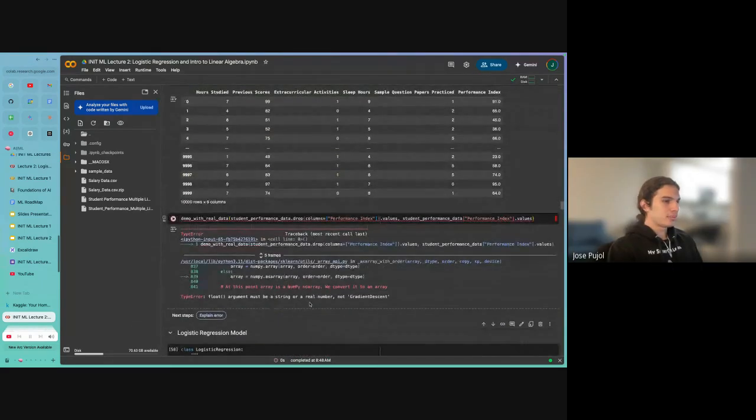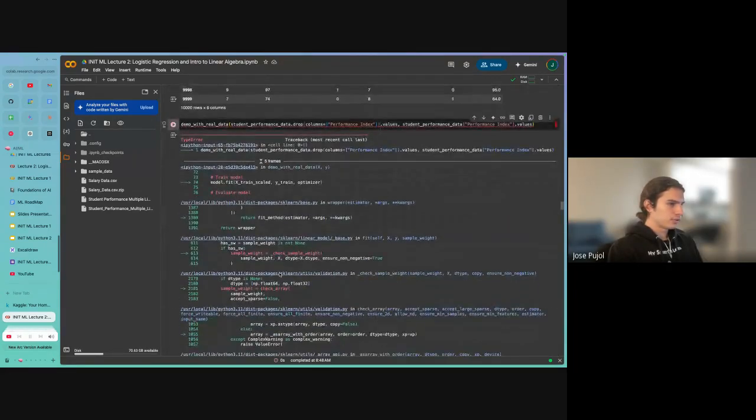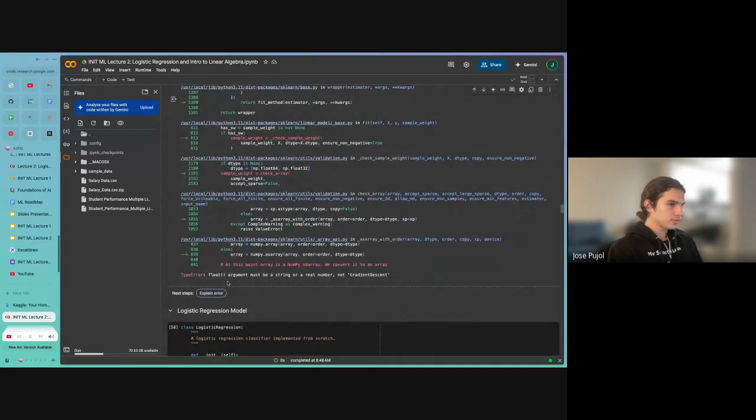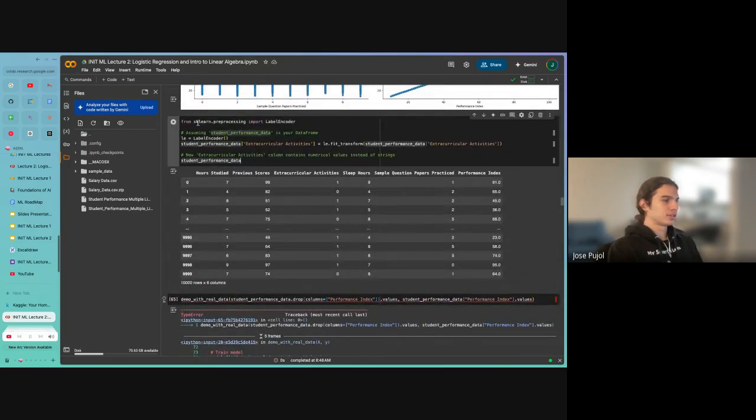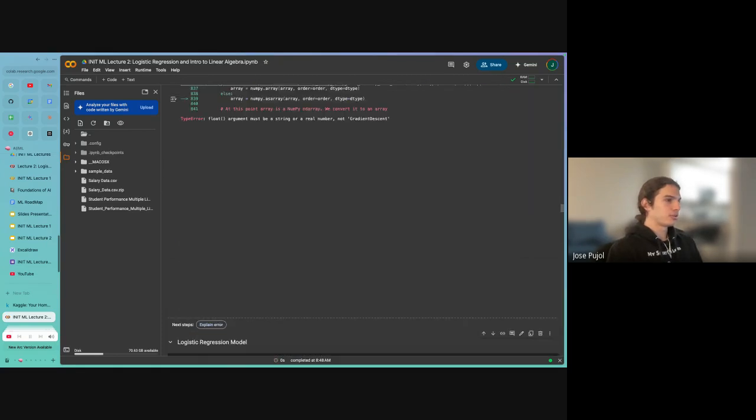Oh, and you see, I'm getting that error here because I forgot to do it. At this point, the array is a numpy array. We convert it to a numpy array, and if you see here, float argument must be a string or real number, not gradient descent. So what I need to do is run this label encoder here, and when I rerun this,